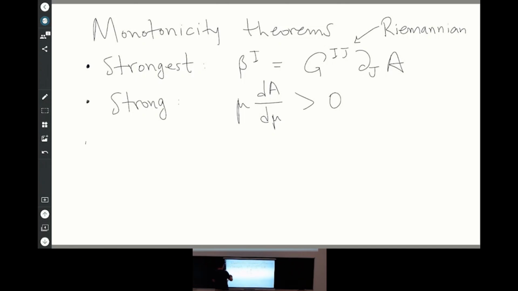And then there is the weak version of the A theorem that says that there is some quantity that is bigger in the UV than it is in the IR. And the endpoints here are assumed to always be conformal field theories. Okay? So these are the 3 flavors of the A theorem, or in general of monotonicity theorems.